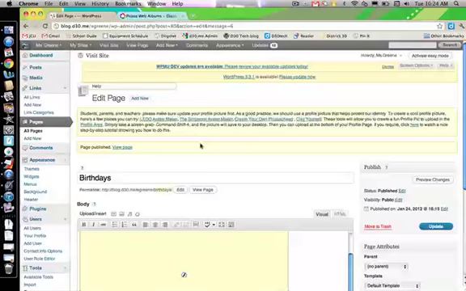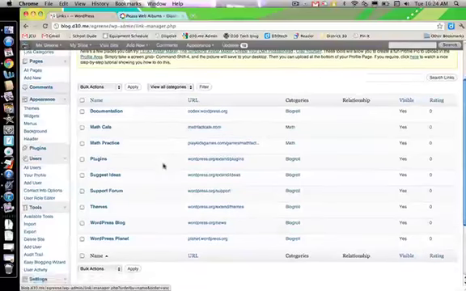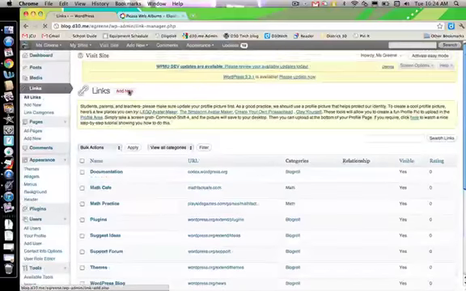Alright, so now we're going to add some blog rolls to your blog. The first thing we need to go to is links. So I'm going to click over in links, and I have all of the WordPress ones that automatically add in there. So what I'm going to do is add my own links,